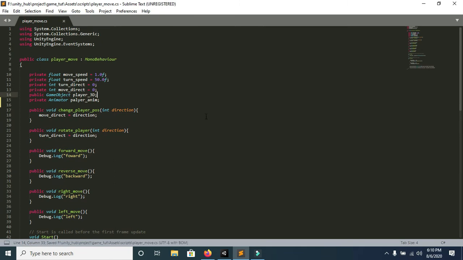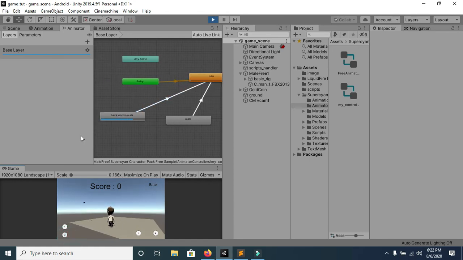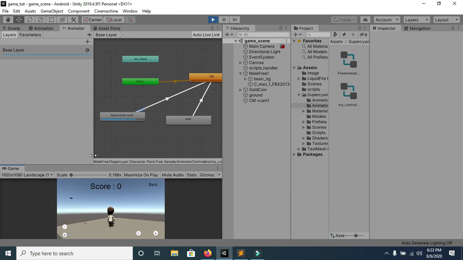Save it and go back to Unity. So I play this game. You can see this idle animation is called automatically because it is set as default. When the game is started, this entry state makes a transition to this idle state animation. Now if I press the back button, this animation is called, and when I press this F button, this walk animation is called. And you have to make this transition. Otherwise, if you don't make a transition, then this animation will be called for infinite time, and we don't want this. We just want this animation to be played whenever a player is moving. So we have to make this transition to this idle state.